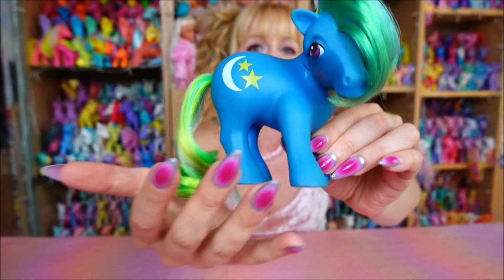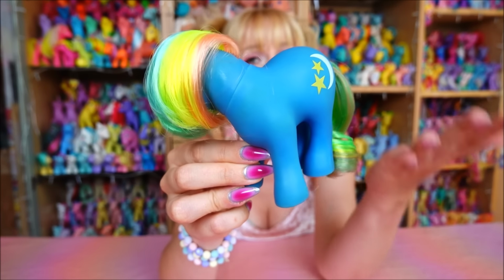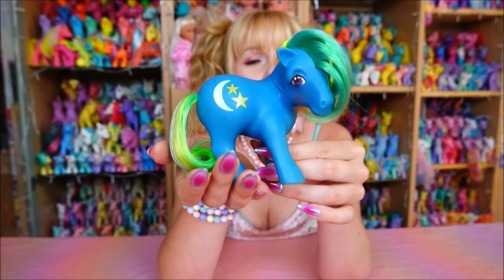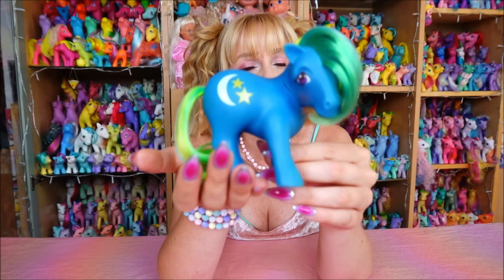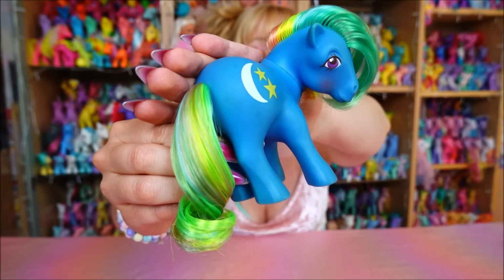I am from Germany, so it makes sense that it would be easier for me to come across this pony than for some other people over in the US or in completely different parts of the world where this is extremely rare. But even here in Germany, it's not a pony that you find all the time. It can't be very rare, I guess, but it's not very often up for sale online,